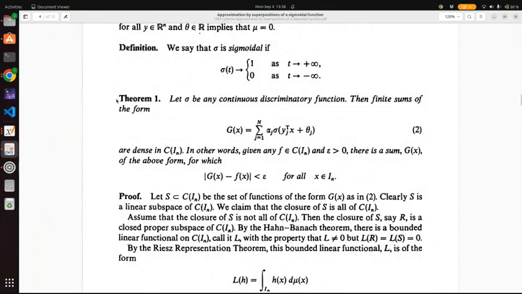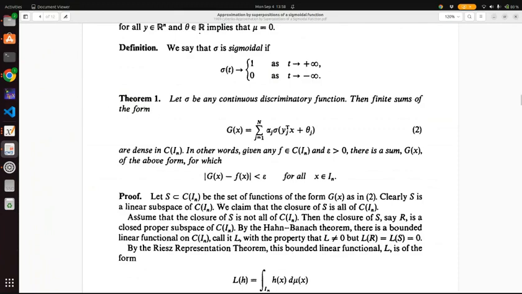So look at this theorem 1. Let sigma be any continuous discriminatory function. What a continuous discriminatory function is, is written above, but in our language of neural networks, this is the activation function. And here you see that the activation function can be very general. Then, finite sums of the form, reading this theorem,